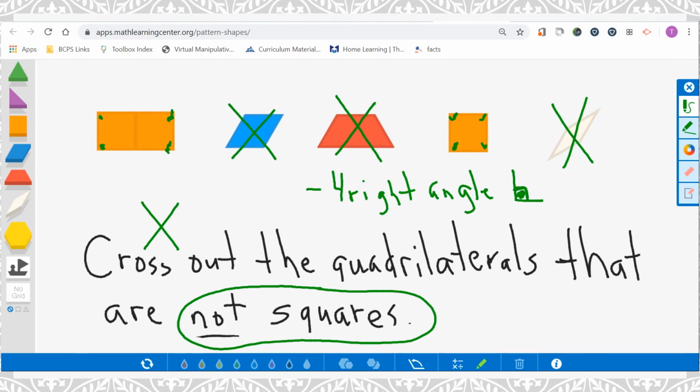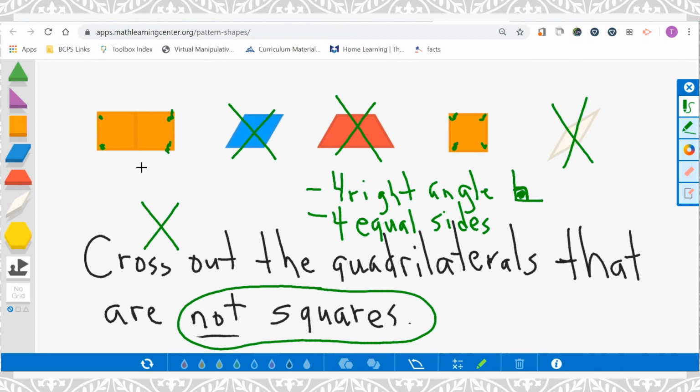Now we should also think about the sides and think about whether squares have any unique attributes in regards to their sides. And they do. They have 4 equal sides. So now, when we look at what's left in our group that we haven't crossed out,